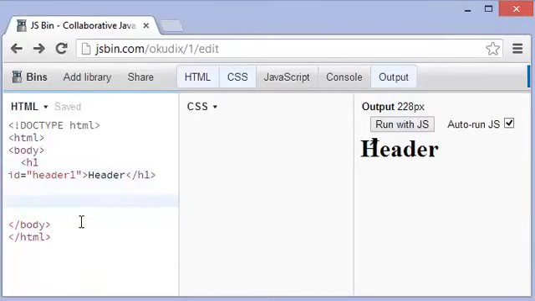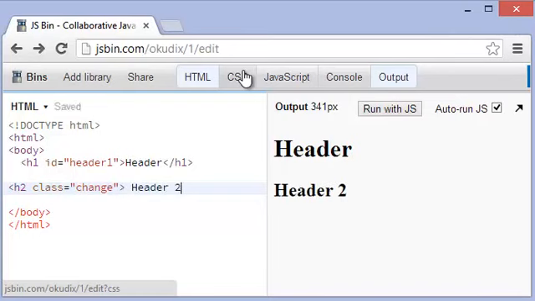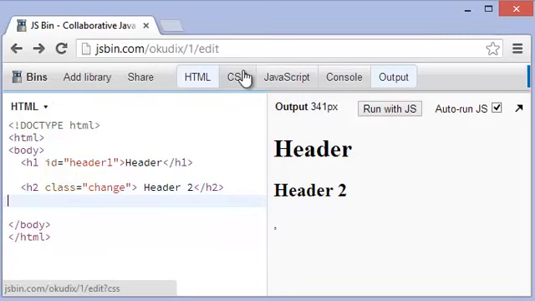1 like that. Okay, so we have header 1, and let's go ahead and add in a header 2, okay, and what we'll do is we'll type in header 2, alright, but this time we'll type in class equals, we're going to call this change, okay, and then we'll call this header 2, okay. Close this off, and the last thing we'll do is we'll add in a paragraph tag with the